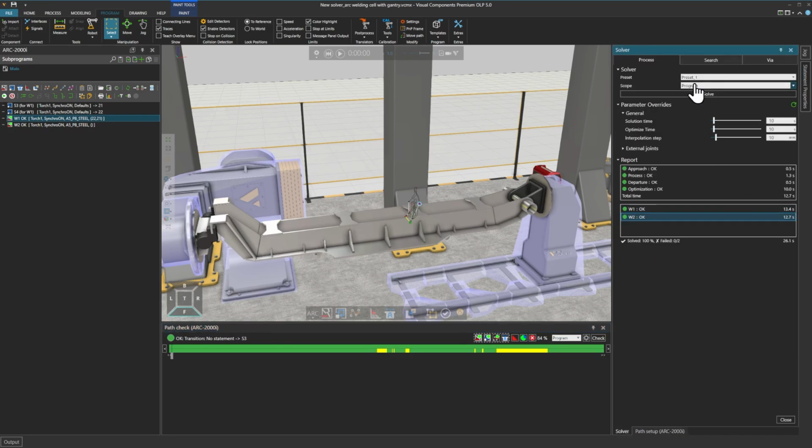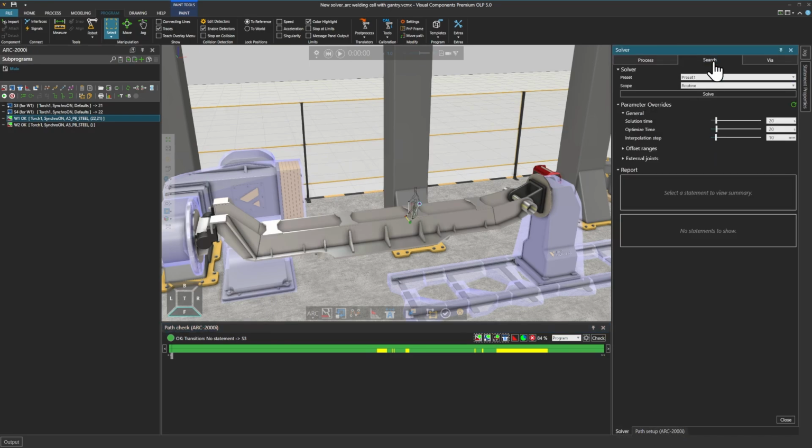I'll go over to searches. And routine would work here as well, but I prefer to have the program selected. And I will let the solver do its magic.